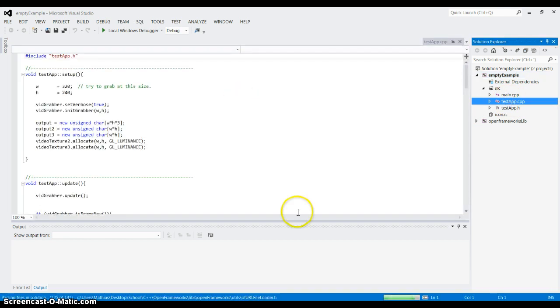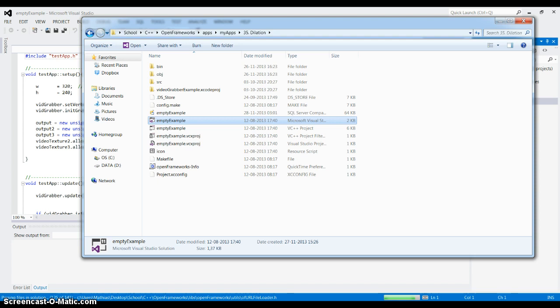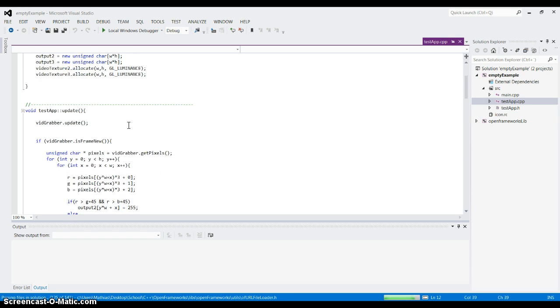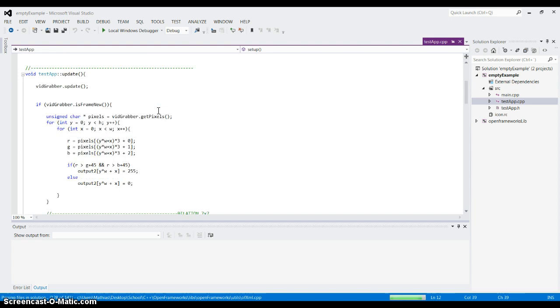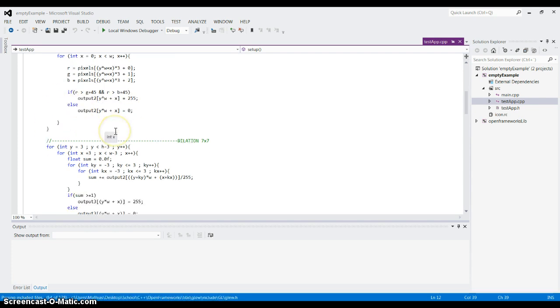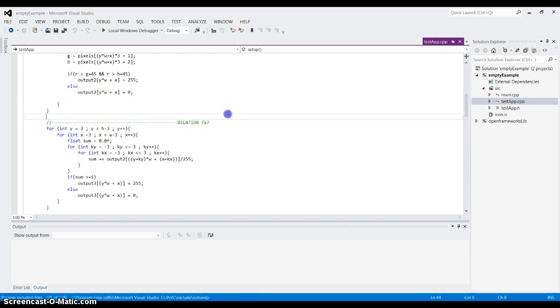So we can see here, which one is this? This one is the dilation. So we actually have multiple outputs in this one. And here we use the red color detection again to produce a binary image. And then we take this binary image and we apply dilation with the 7 times 7 kernel. We use different kernels, this one's pretty big. But what we do is that we have